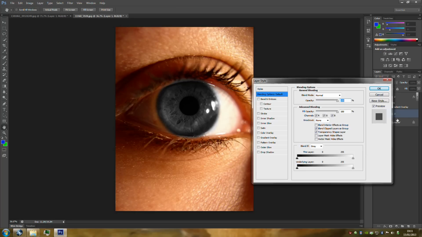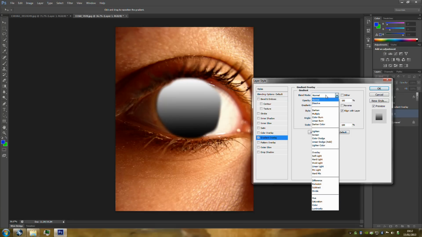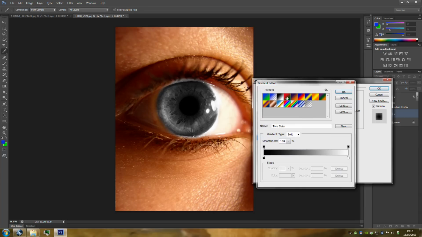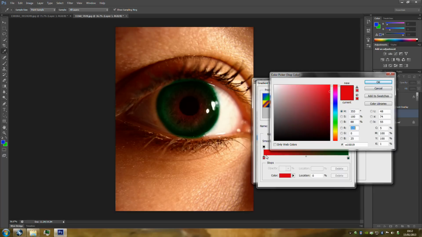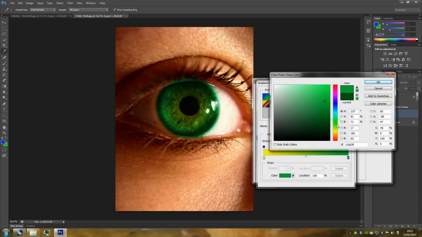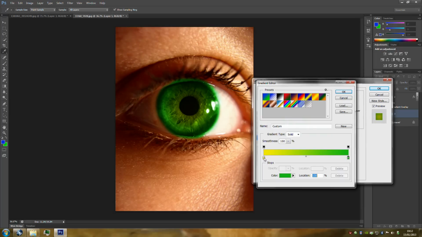So we're going to double click that layer now, and that brings up the layer style. Now everything is exactly the same from here on out. So gradient overlay, blend mode to overlay, style to radial, click gradient, and then change the colours to suit your picture basically. So we're going to change the red to a bright yellow, change the green to a bright vibrant green like that, click OK, and we're going to notch the yellow up,